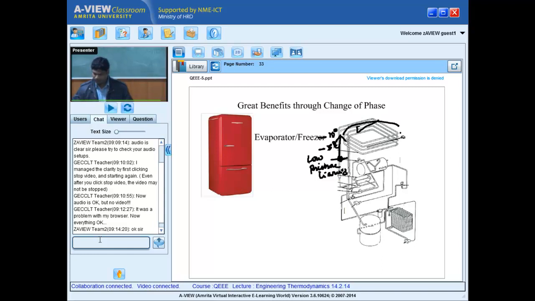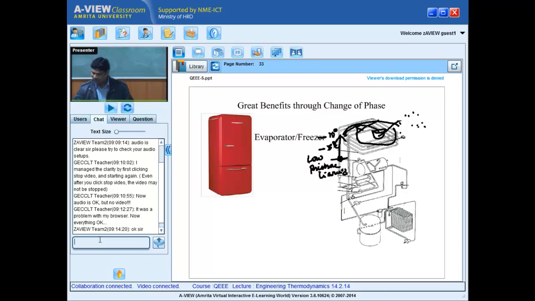Now, this particular one, I'm circulating in a big pipeline. So, the number of pipelines, you see, this one. And inside which I'll put a mix of ice cream, maybe milk, some powder, some flavors, etc. This may be at a temperature of 10 degrees Celsius, maybe 20 degrees Celsius room temperature. Now this is at 20 and this fellow can evaporate at minus 5 or minus 10.